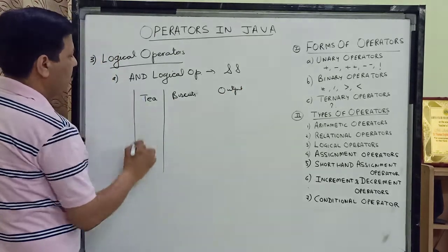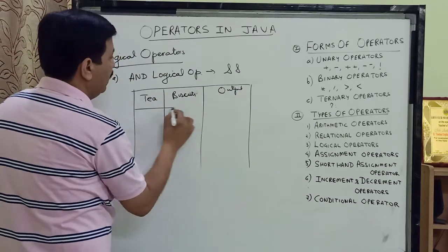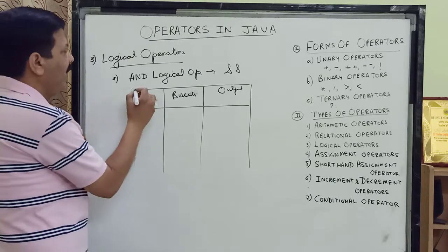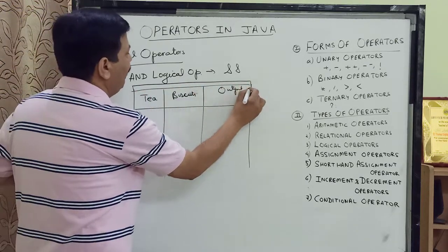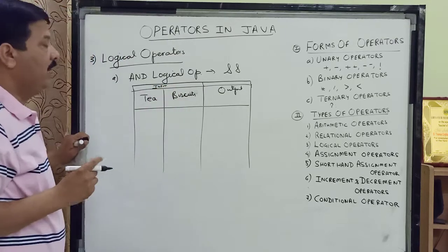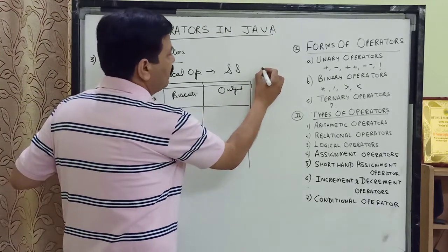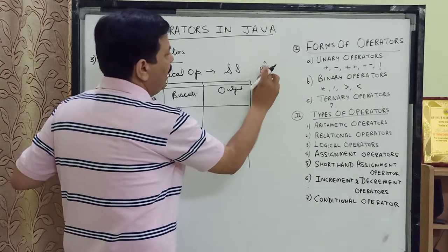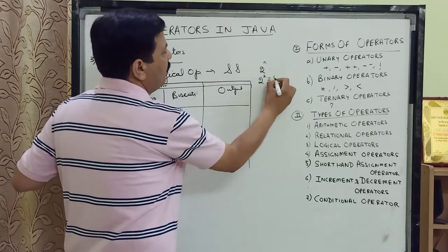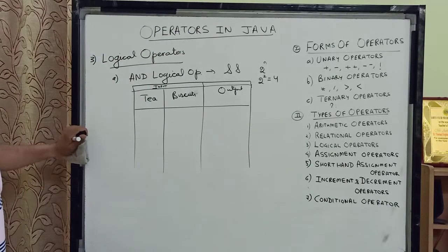So children, I am going to draw it in a tabular form. A tabular form means a table arrangement where I am going to show you all the possible values of output for all the possible values of inputs. Children, these are the inputs. Now what are the possible values of output? We have two conditions, so it comes by 2 raised to the power of n, where n is the number of conditions. So here the number of conditions is 2. So 2 raised to the power of 2 is 4. So I can get 4 possible different answers.